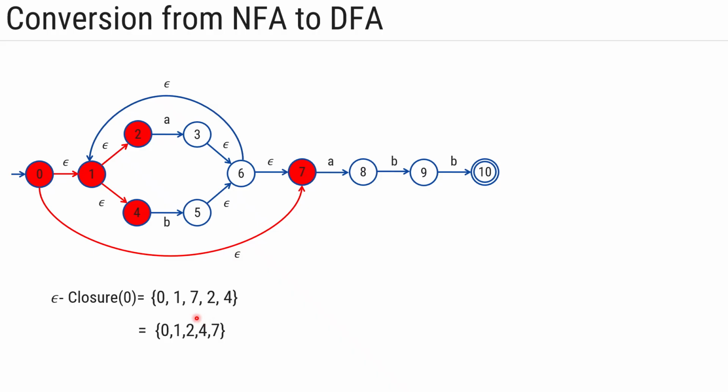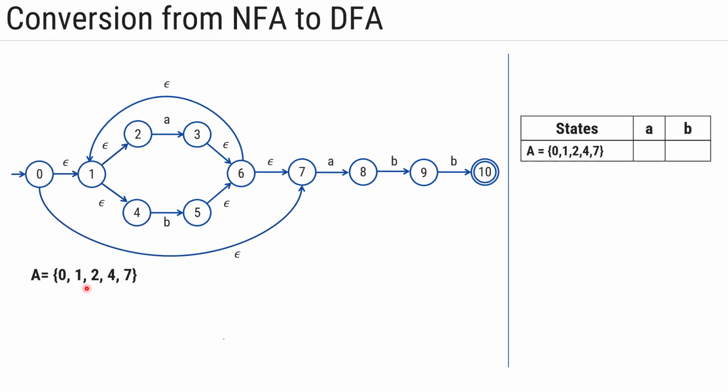So you can rename it by state A. It can be any user defined label you can give it. It need not be only A. In this case I am giving label A for these states. The state A is representing 0, 1, 2, 4, 7. Right? So again